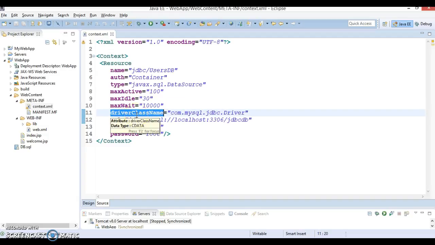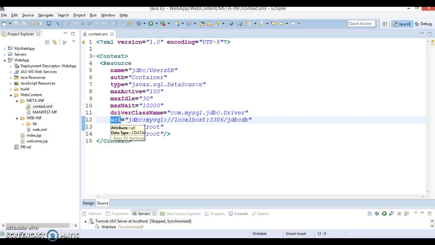So the fully qualified Java class name of the database driver. For MySQL Connector/J, it is com.mysql.jdbc.Driver. Again you have a URL, this is the JDBC connection URL, then username, that is the MySQL database username, and password, the MySQL database user password. So that's all about